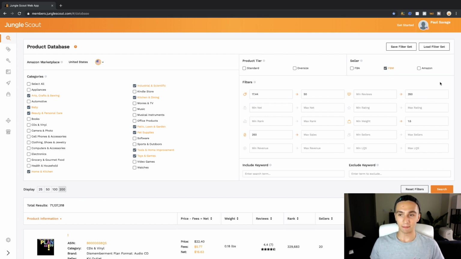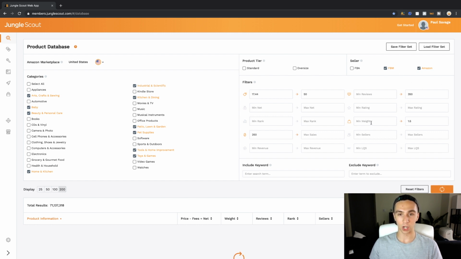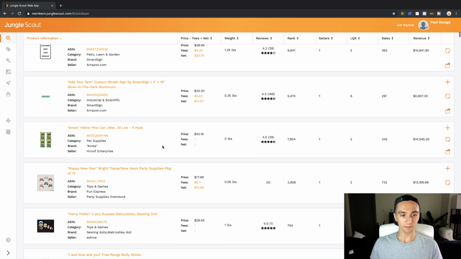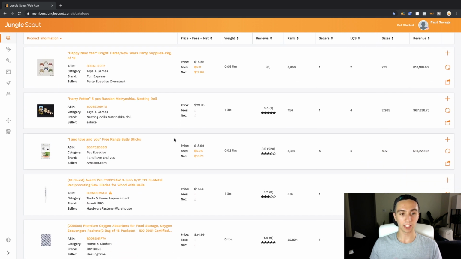Seller FBM in Amazon. So we're actually not going to see anyone that's using Amazon fulfillment centers, which is all private labelers. So we're literally looking at products that people are shipping from their house that Amazon's selling. And we're going to see products that no one's seeing because everyone's looking for the things that are being done by FBA. If you could compete with someone who's making a lot of money and they are selling from their house and you come in and say, I'll give it to you with 1-day shipping Prime,